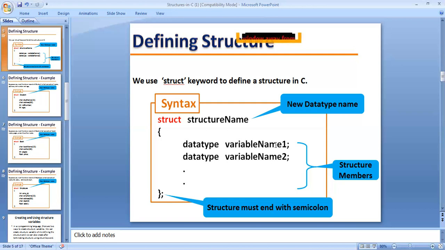One thing: the structure's name we have to define once. In the entire program we have to use the structure's name only. And we have to use different data types, and we define variables using them. Here for the data type we can take int, float, char, double, and so on. Different data types are defined, and different variables are also defined.